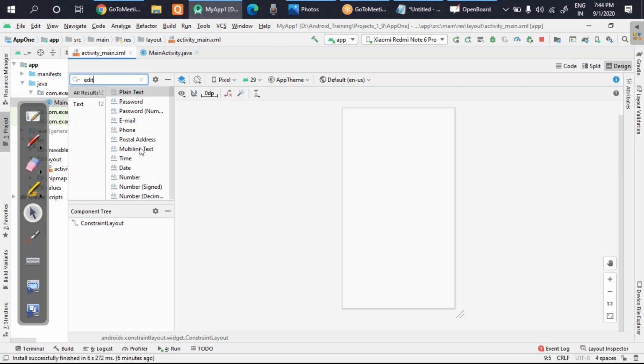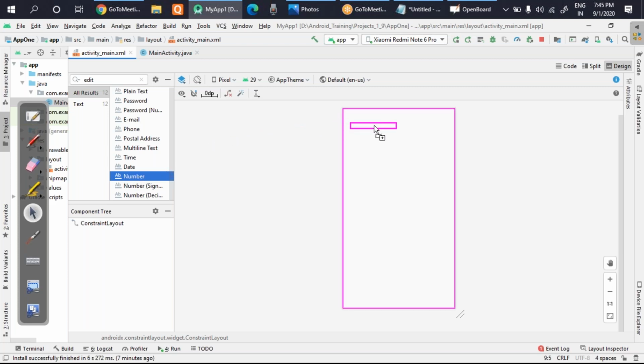So actually the edit texts are of different varieties. Okay, means what kind of edit text you want. Whether you want edit text as a simple plain text or password, you all might be knowing about password text. When you write, then it becomes dots. Yes or no? In that case, we have to use this one. Okay, so depending upon what you want. So as it is a calculator, I actually want numbers. Yes or no? So what I will do, I'll take this one. Okay, so I'll take one edit text, and I'll drop it here.